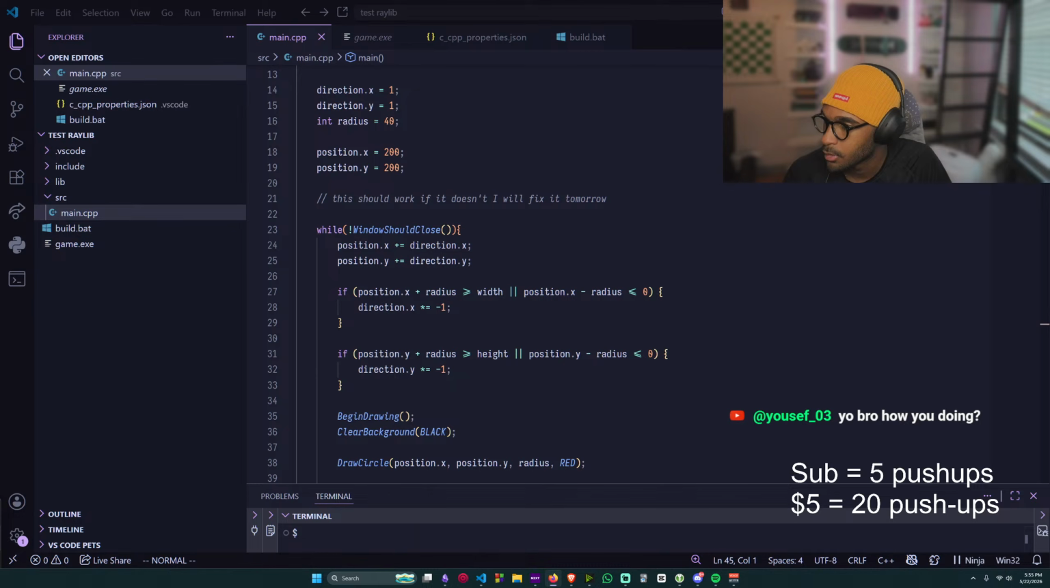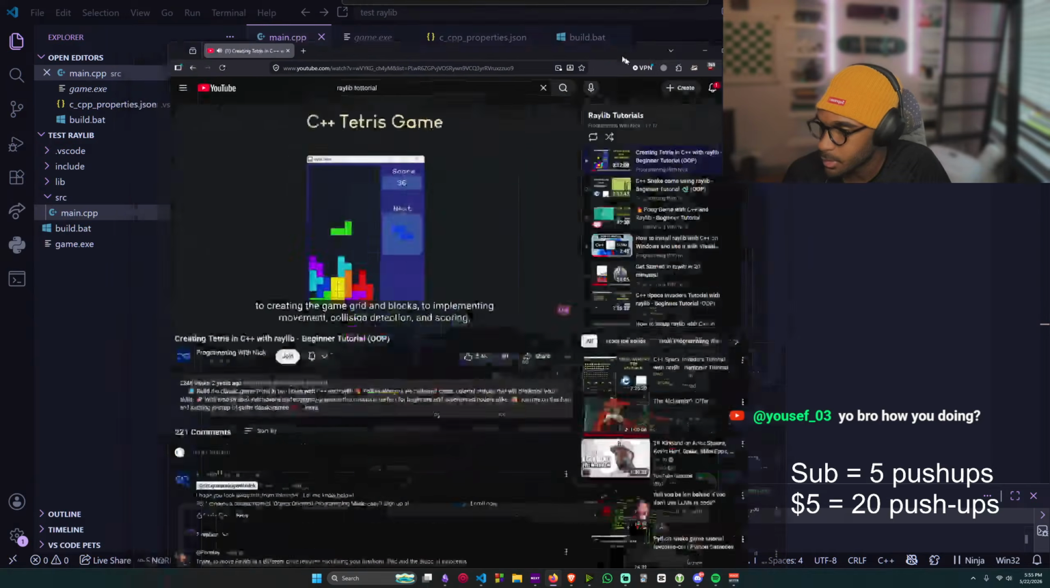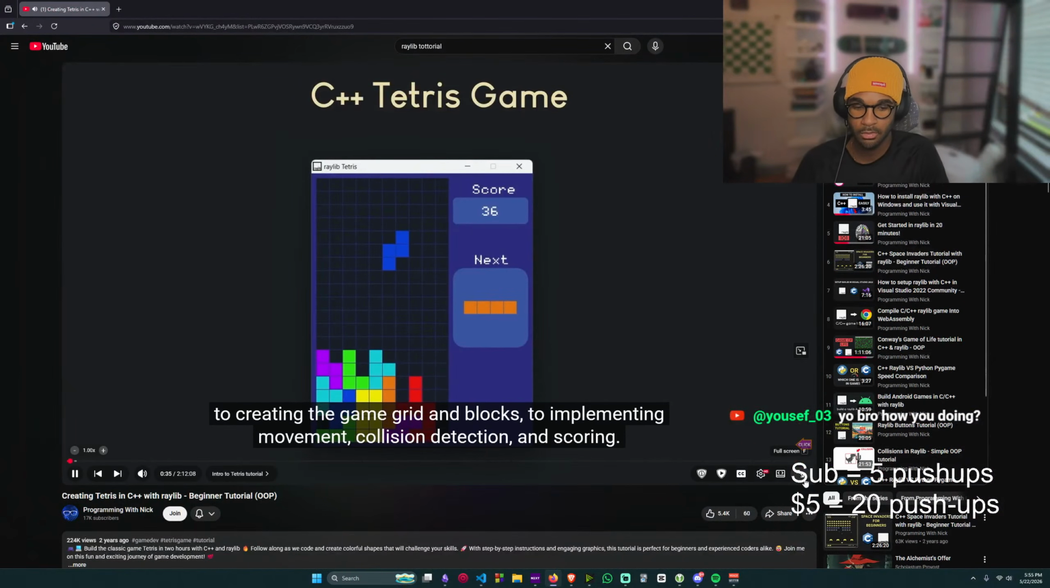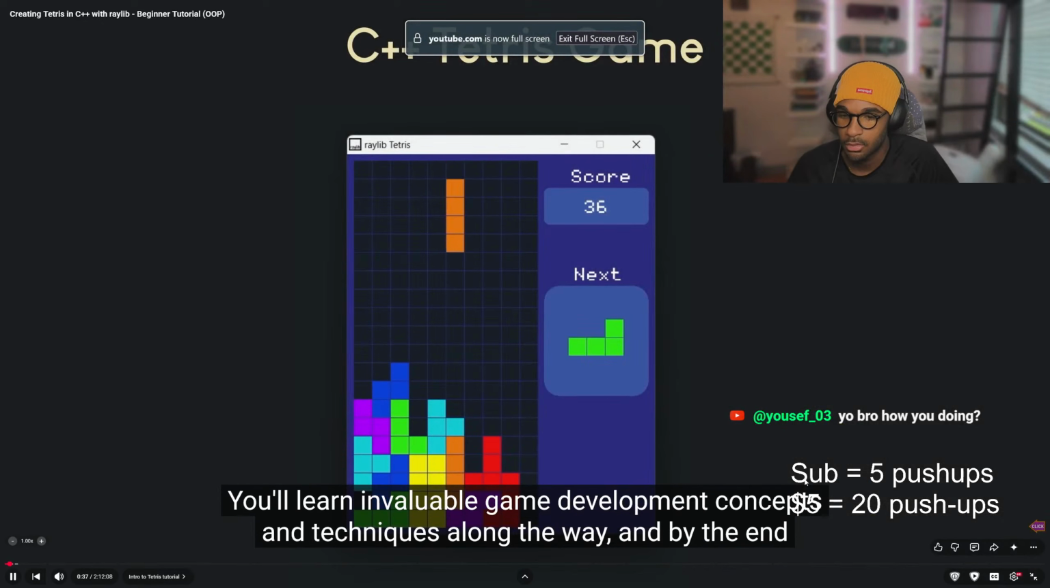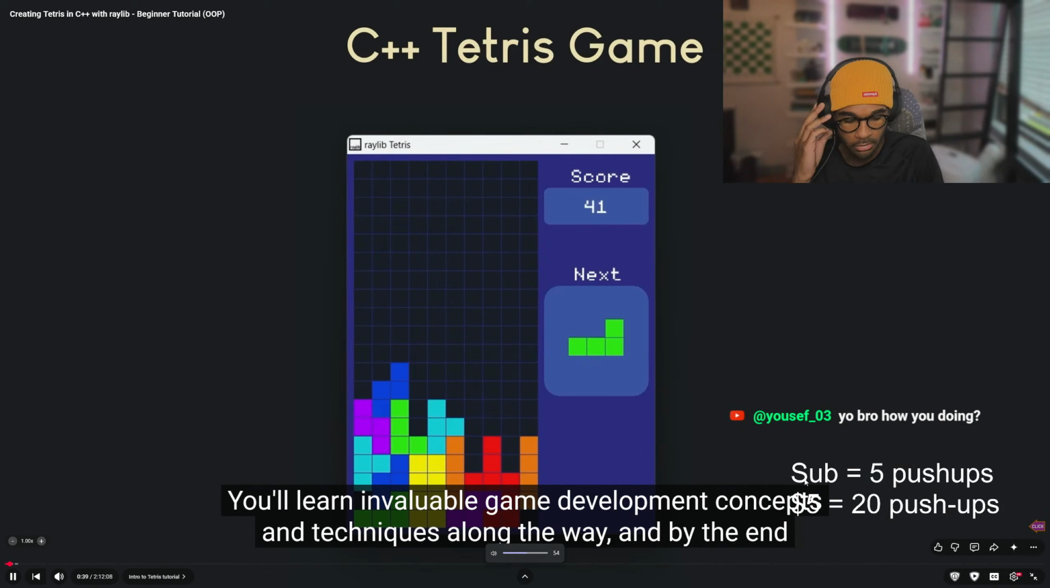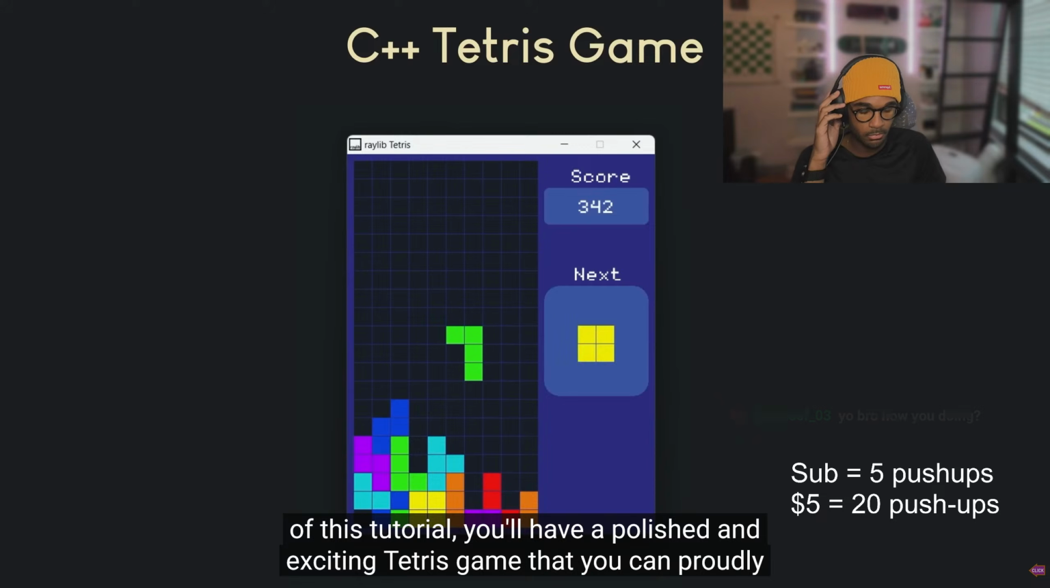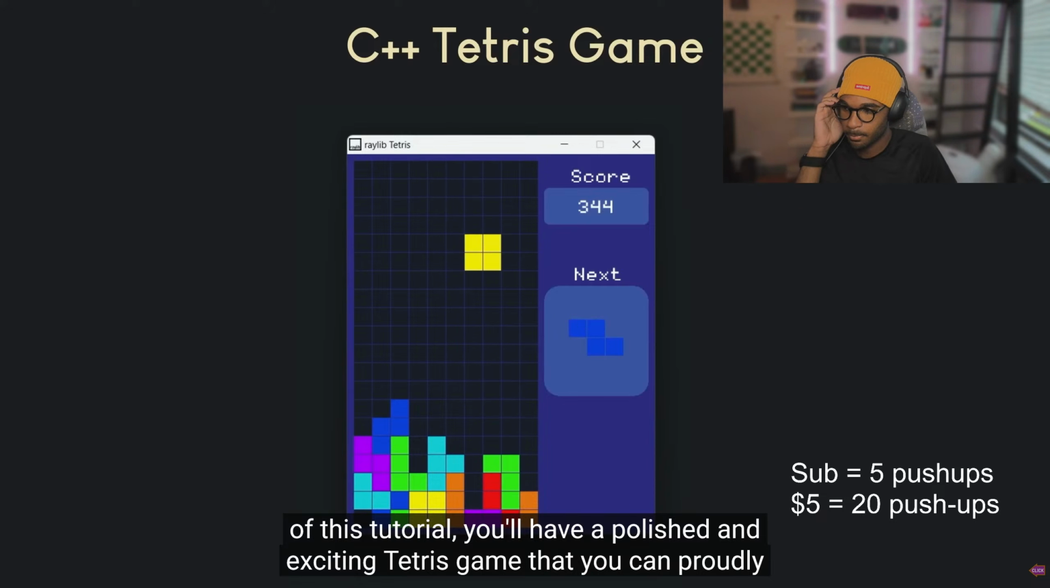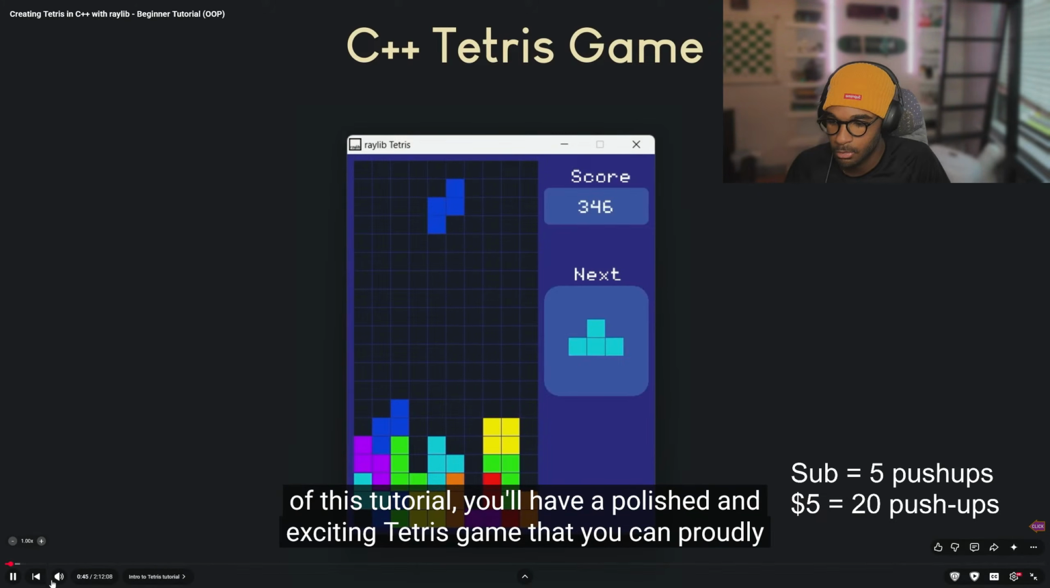to implementing movement, collision detection, and scoring. You will learn invaluable game development concepts and techniques along the way. And by the end of this tutorial, you'll have a polished and exciting Tetris game that you can proudly share